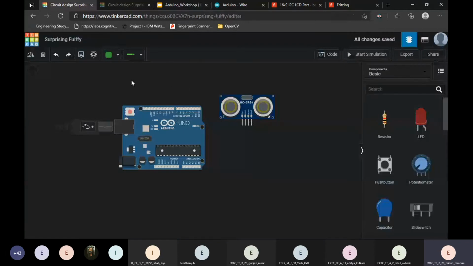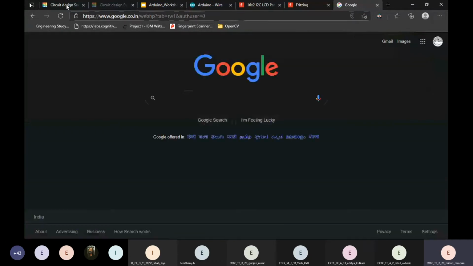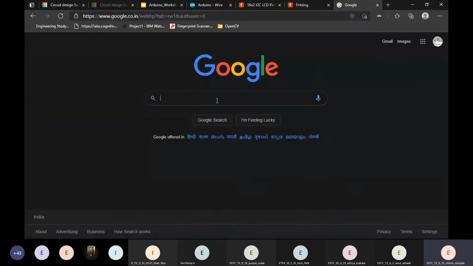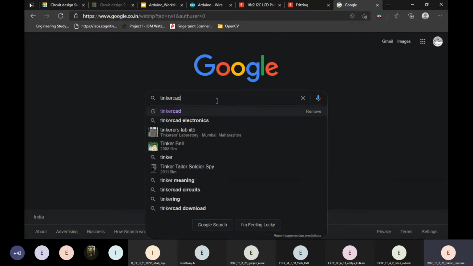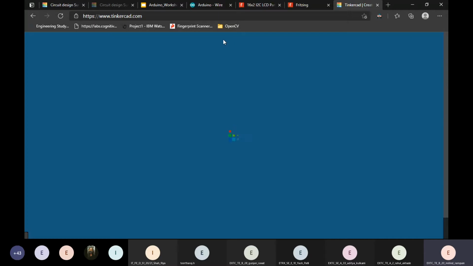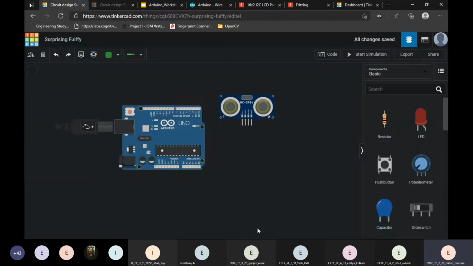So is my screen visible to you guys? Yes. Okay. If you want to do this along with me, you can do that. I can share the Tinkercad link. Before designing anything, you need to sign in with your account.